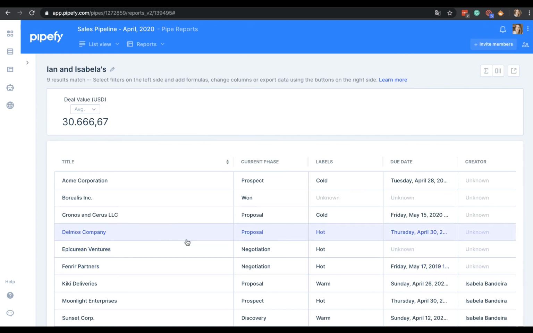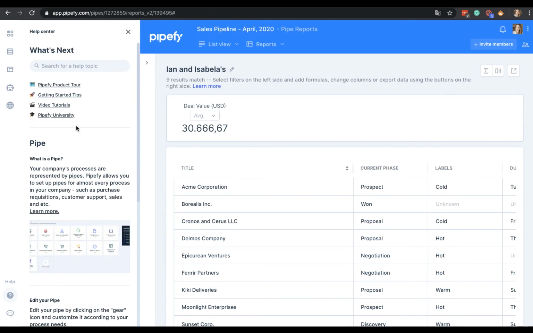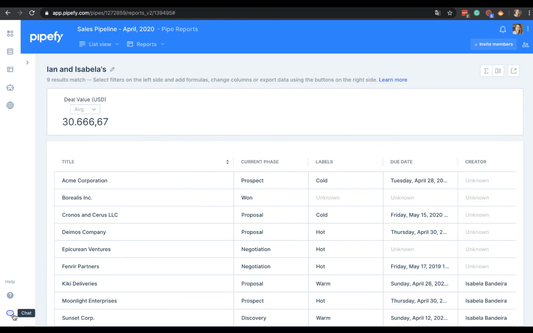If you have any other doubts regarding pipe reports, you can click on this help button right here for contextualized tips and information. Or if you prefer, you can click on this chat button right here and talk to one